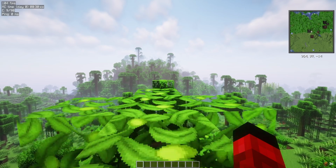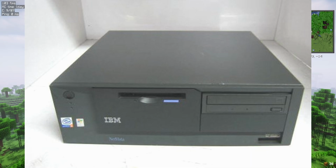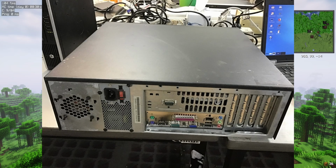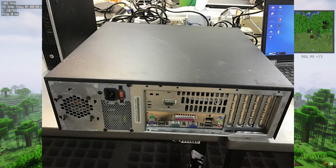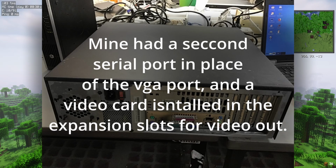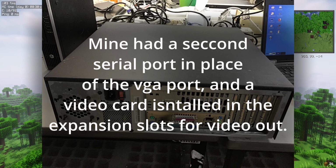And what I remember about it is it was an IBM NetVista, but I don't remember the rest of the model number. I do remember its specs, kind of similar to the E-Machines. But the reason I wanted my mom to buy this, since I was still a kid at the time and didn't have my own money,